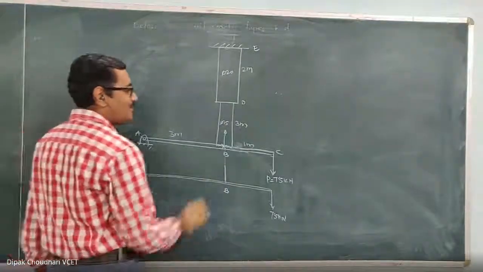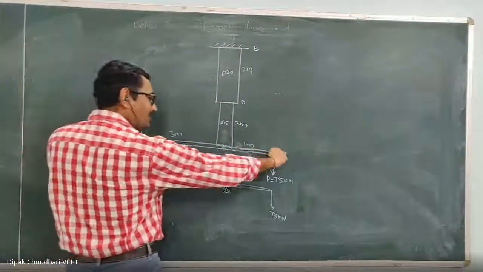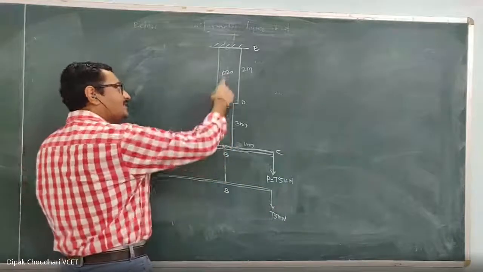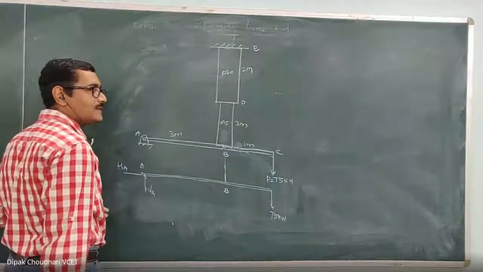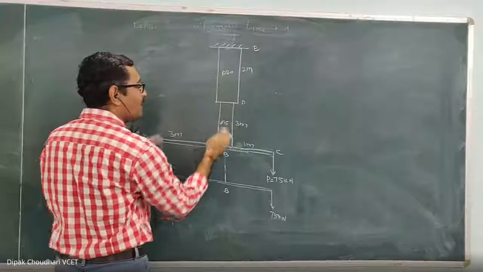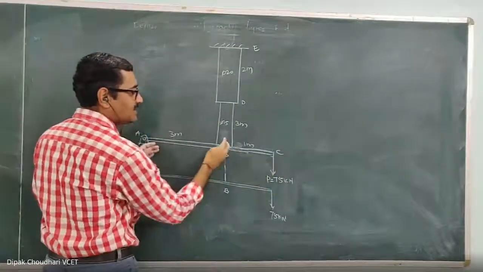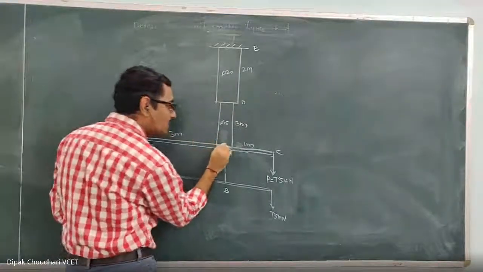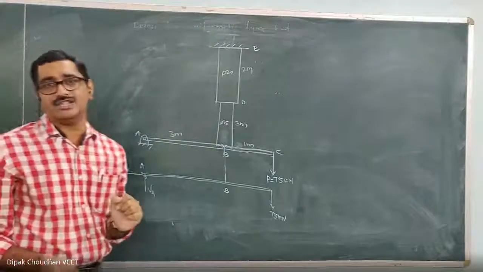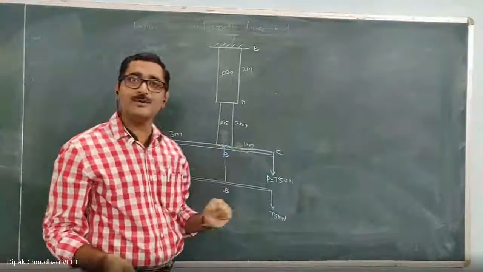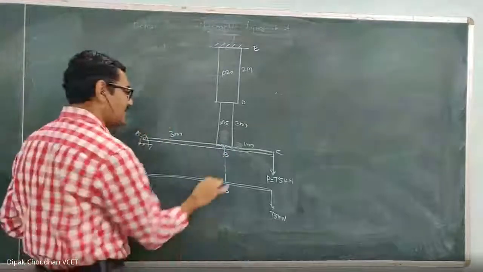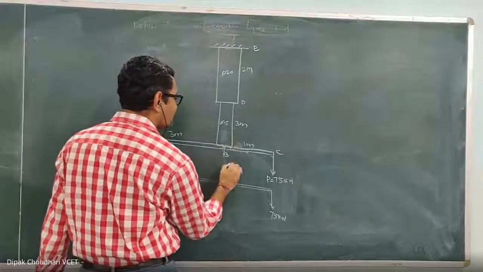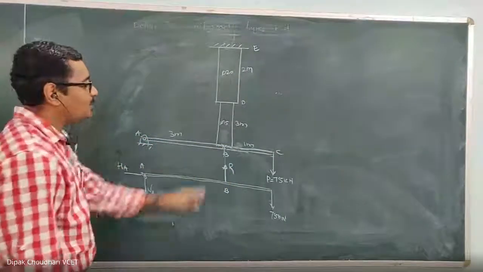Now what will be the reactive force? When I apply the force here, this B tends to move downward. But this step rod will apply the reactive force upward. Means because of this force, both the rods will be under tension. Because of this effect, this tends to move downward, and because of that, both of these are under tension. Means the reactive force which is generated over here is tensile in nature. This reactive force is equal and opposite, but the nature is tensile. Tensile means it acts away from the body under consideration. So this is the reactive axial force. I am denoting it as R, the reactive force acting at point B.